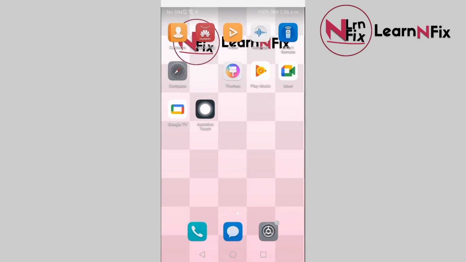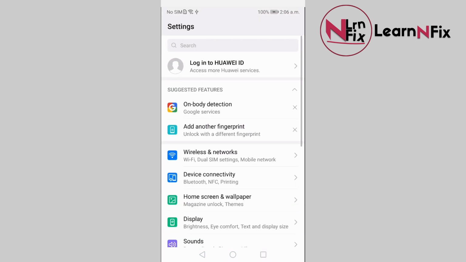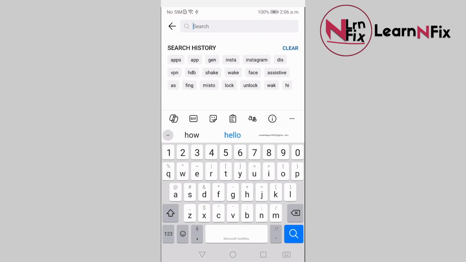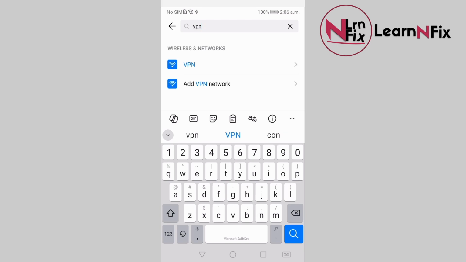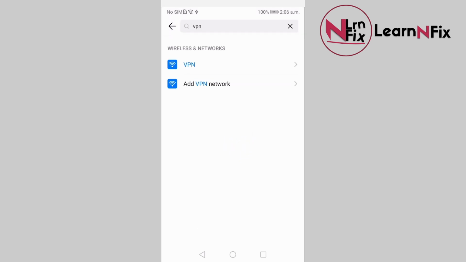And right now, if this still doesn't fix your issue, then there's one thing that could be causing this, which is VPN. Check if you have any VPN connected. So to check, you can simply go to settings, go over here and then search for VPN. Click on VPN and here you can check. As you see, I'm not connected to any VPN, but if you were connected, make sure to disconnect by